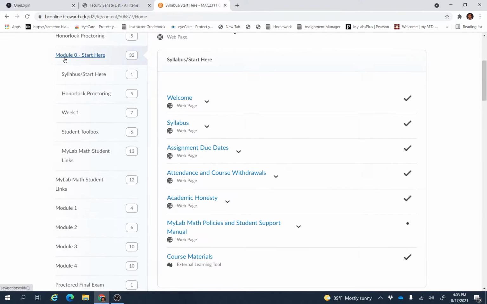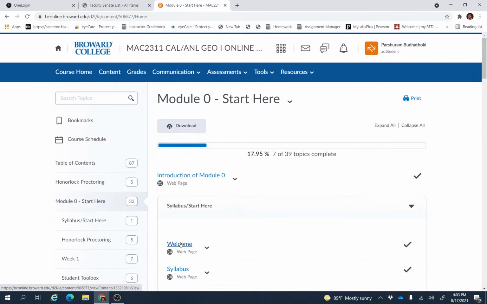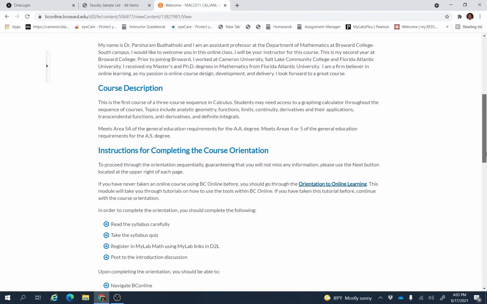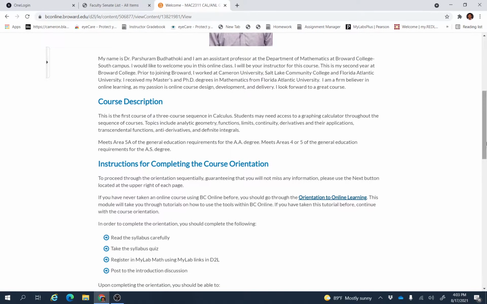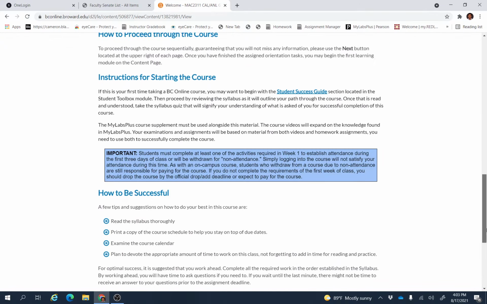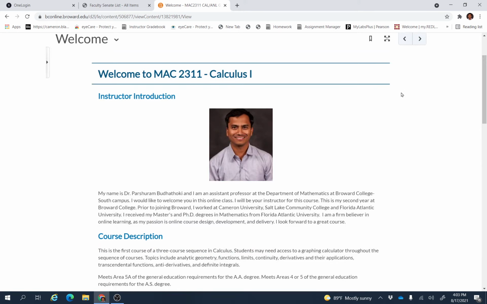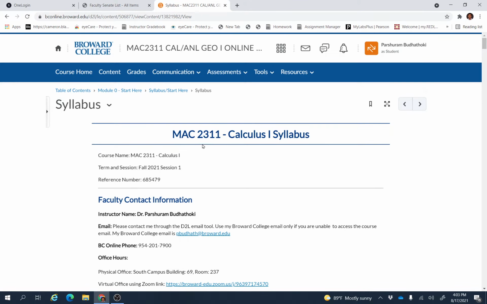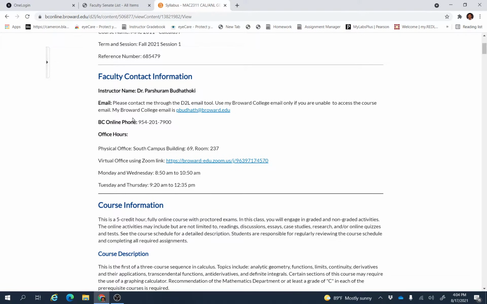The first one is the Module 0 Start Here page. So click that module, and there is a welcome letter from me. That's me. So read it. It's about the course and myself. And after completing that, just go to the next page by clicking here, and then you will find the syllabus. So as you can see here, first things first,